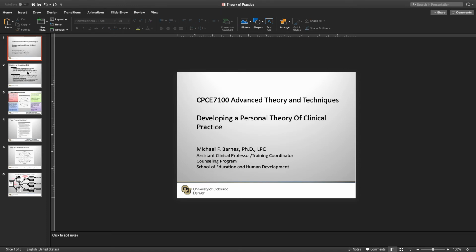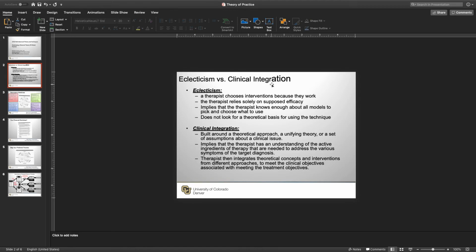So I think it's important to start this presentation with a discussion of the difference between eclecticism and clinical integration. And I always tell the story of when I was in my master's program, in a personality class, and the professor walked in and said, we're going to go around the room, and each of you is going to talk a little bit about your theory of practice and how you conceptualize therapy. And I was thinking to myself, well, I'm pretty eclectic. I pick and choose and use various models as I think appropriate and as I think is needed. And so I was sitting in the second seat. The guy in front of me